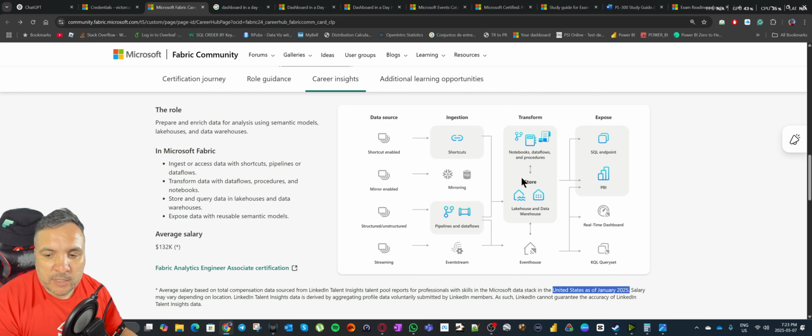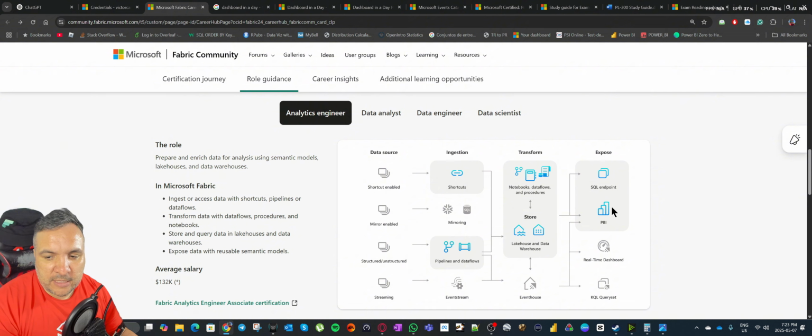As you can see here, the analytics engineer has more experience and knowledge of other stuff like lakehouse and data warehouse. They know how to ingest data doing shortcuts, and they can do the ingestion through pipelines and data flows. And that's why their salary is higher than just the data analyst.